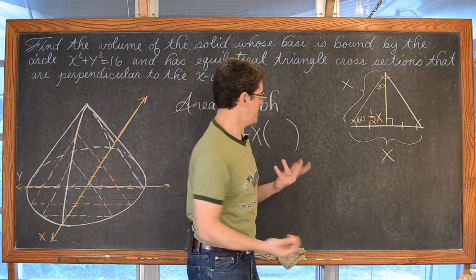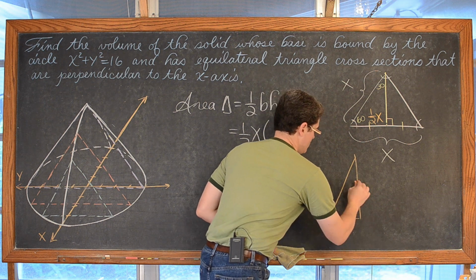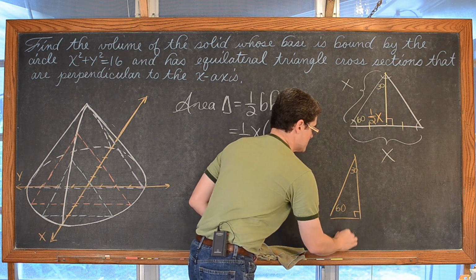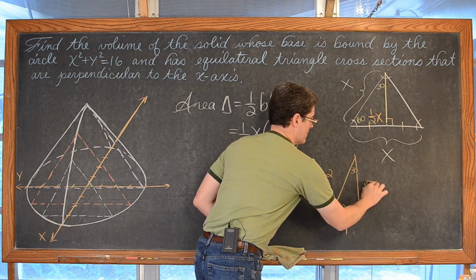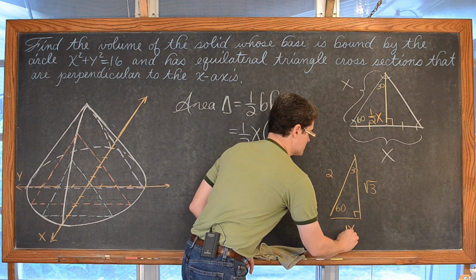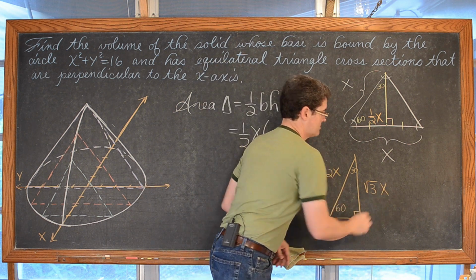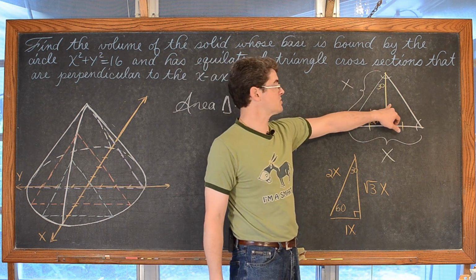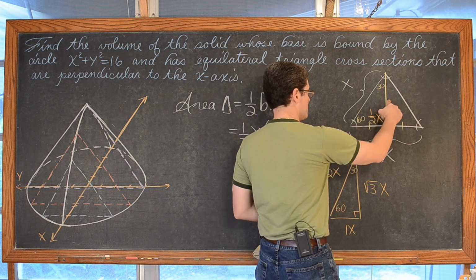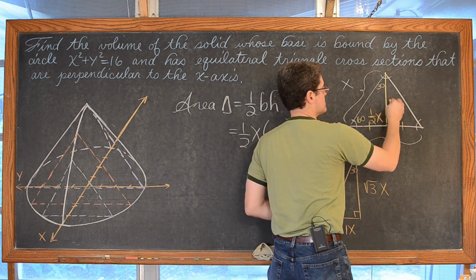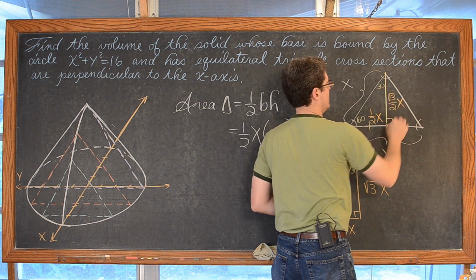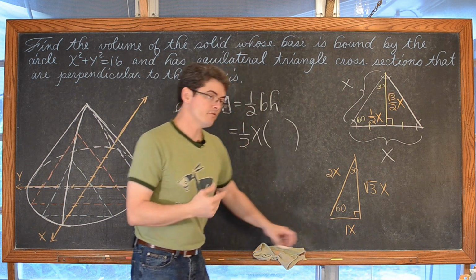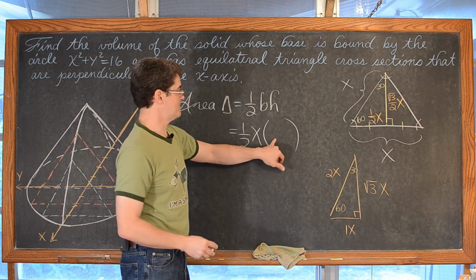Well, okay. And actually, let's just draw this out here too. When you have a 60-30 triangle, the base ratios are 1 to square root of 3, or you could see that as 1x, 2x, and x square root of 3. So we have x, we have 1/2 x, which means the height of this triangle is the square root of 3 times 1/2 x, or the square root of 3 over 2 x. So coming back over here, trying to develop our area formula, 1/2 base times height.